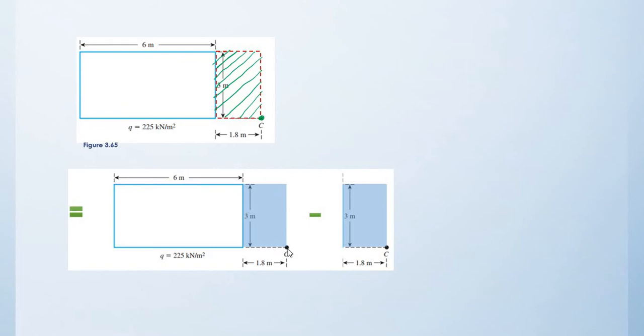And then after which, we analyze separately the imaginary load and then we subtract it. Thus, the equation now becomes the vertical stress increase at point C, Q multiplied by I3 of the extended rectangle